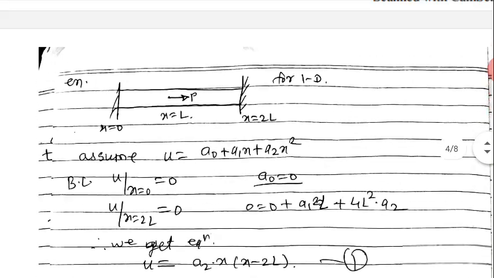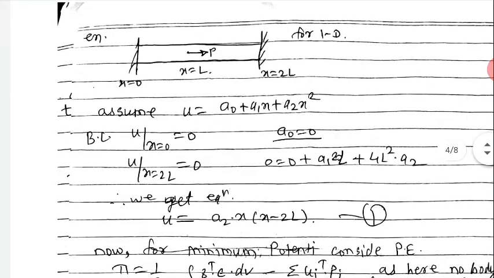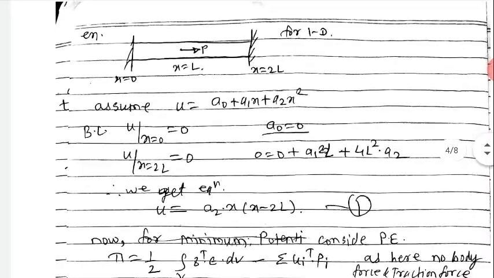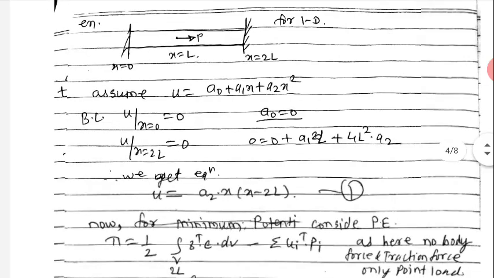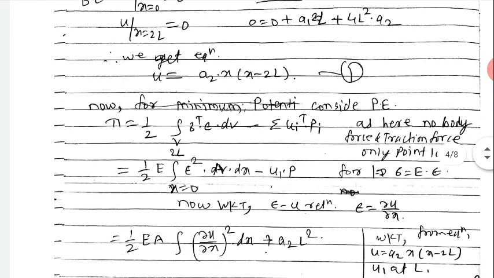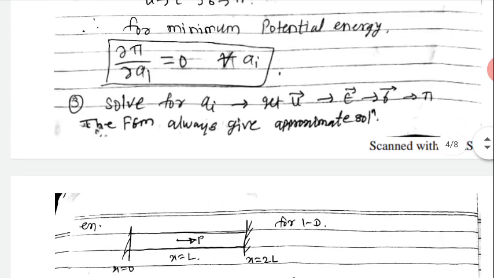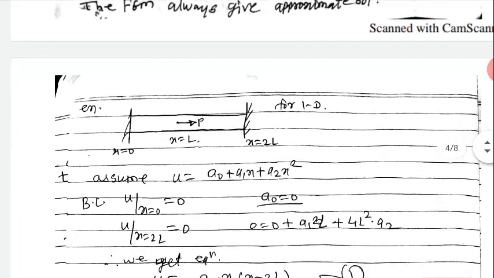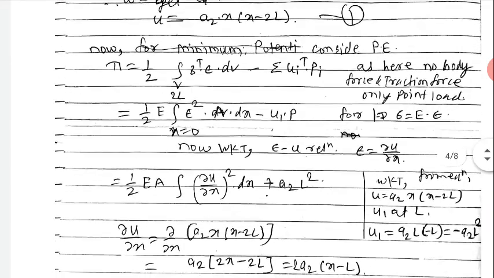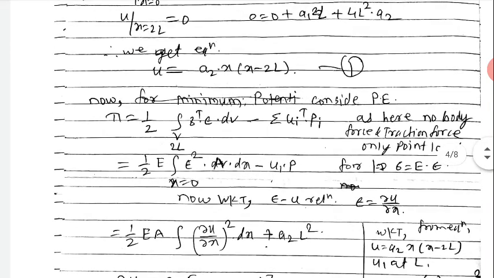So this is the problem we have over here. For the 1D problem we have assumed the conditions are applied as given over here. So this is just a condition, we are taking a problem on that. For minimum potential energy we have considered pi is equal to half of the integration of sigma transpose epsilon dV minus summation of ui transpose into Pi,